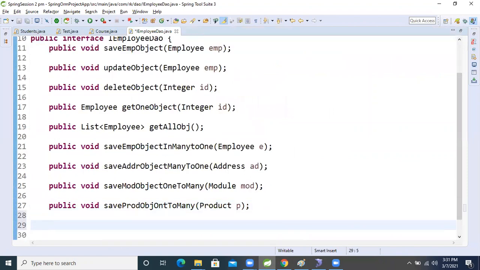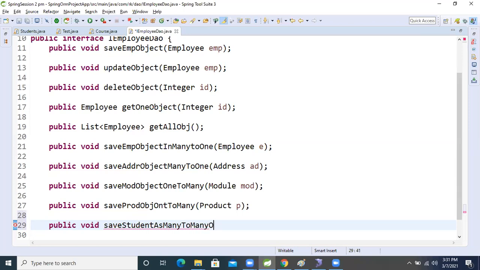Public void save student as many to many, many op, I'm just giving the operation name, right?